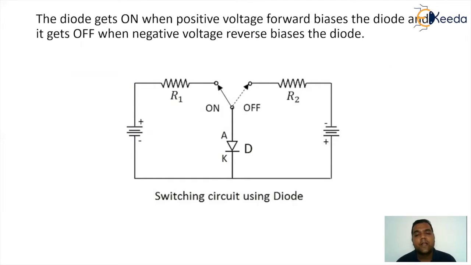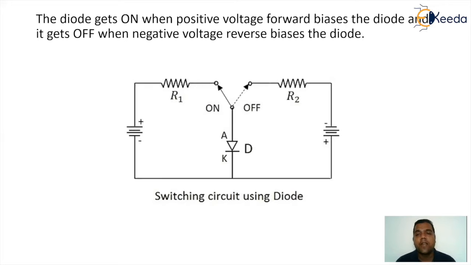The next thing we are trying to understand is the switching behavior of the diode. What you see here are 2 arrangements. On the left hand side, you will see a battery with resistance R1 for the diode D, and on the right hand side you will have a battery with resistance R2. If you observe the connections carefully, you will find that the left hand side battery will make the diode forward bias, whereas the right hand side battery will make the diode reverse bias.